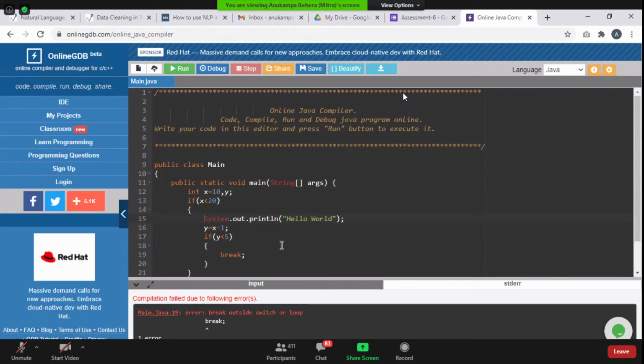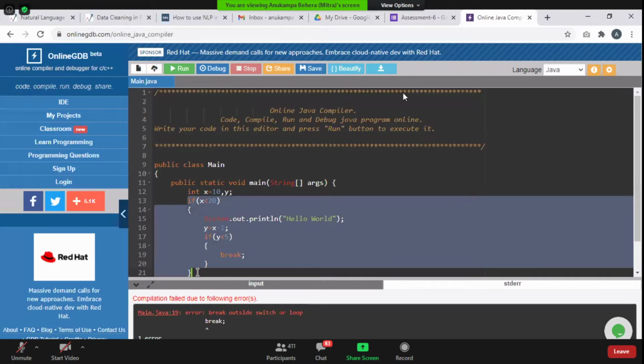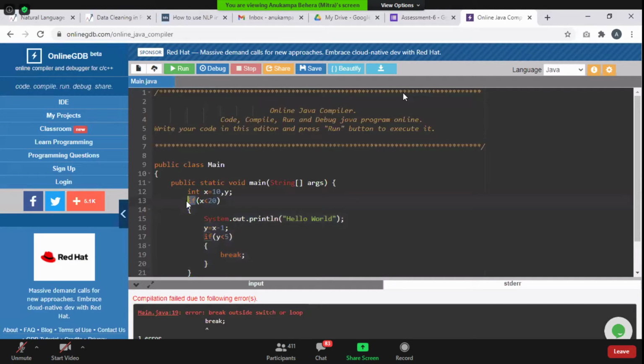So next time before putting this type of arguments, please check once what you have understood, what I have told. I have never told that we cannot write break inside. I told that it cannot be used to come out of this. If I just change this to while now, then it will work. Okay, and I have to do one x minus minus, otherwise it will be an indefinite loop. Then it will work fine. Then there won't be any problem.